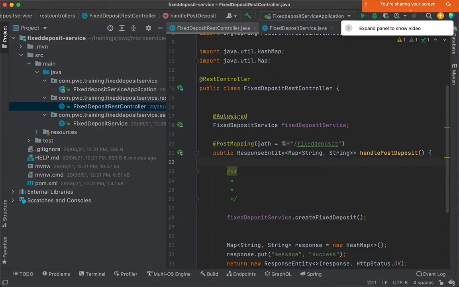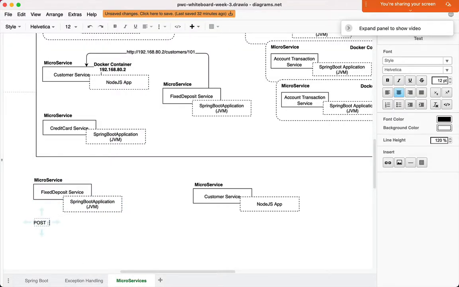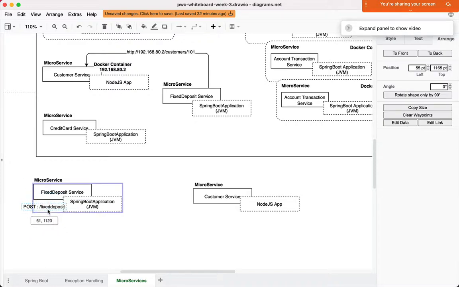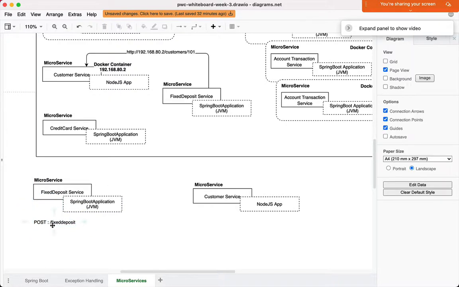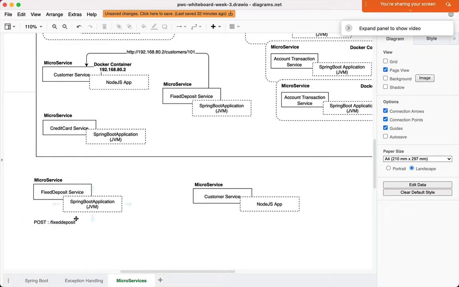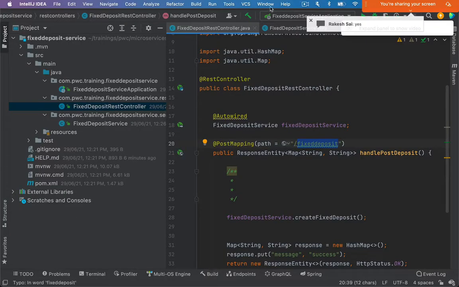And how do I invoke that REST controller? Path is equal to fixedDeposit. You got that? So I will invoke POST /fixedDeposit. What will get invoked when I invoke this? There is a REST controller that will get executed. Yes or no? When I invoke this, this will be executed, isn't it? Correct. And I better give the whole path here. I'll say http://